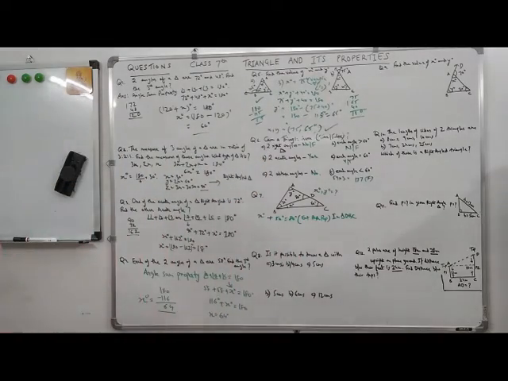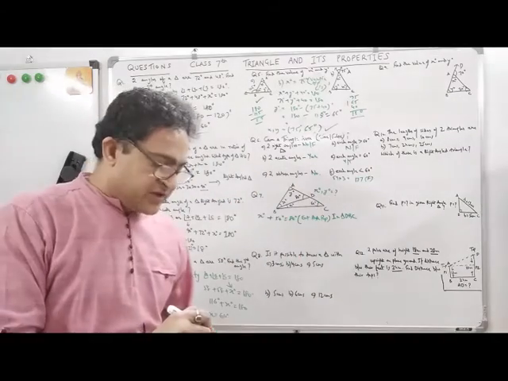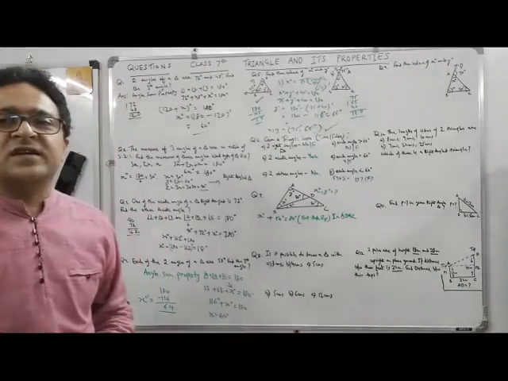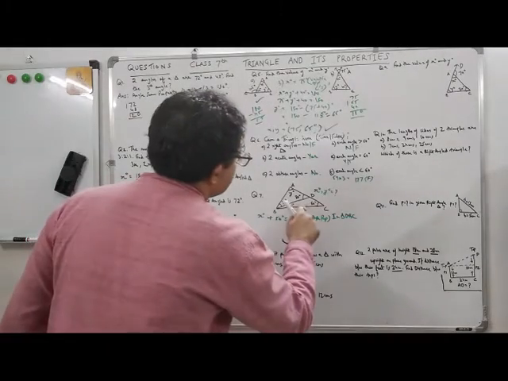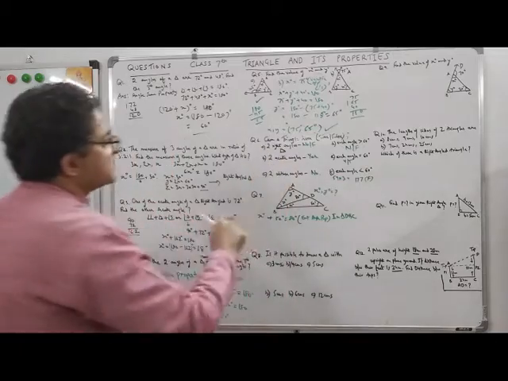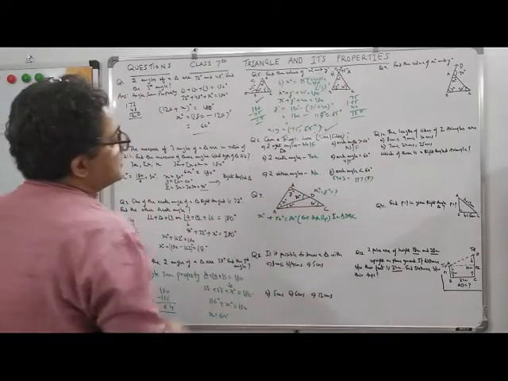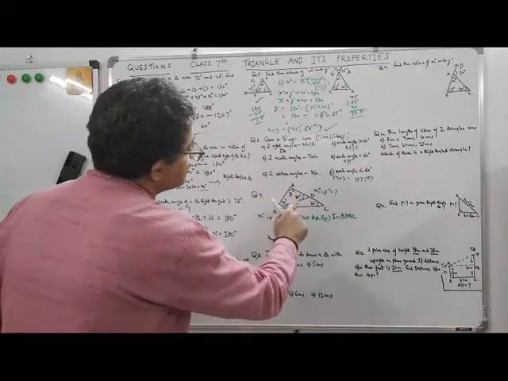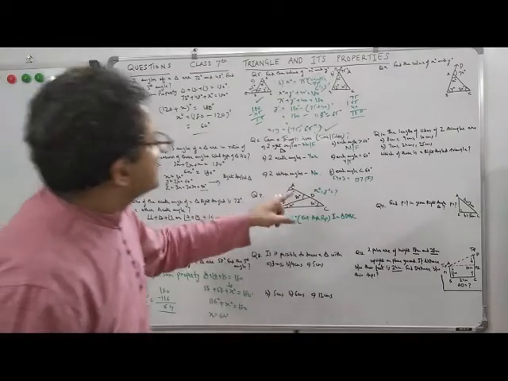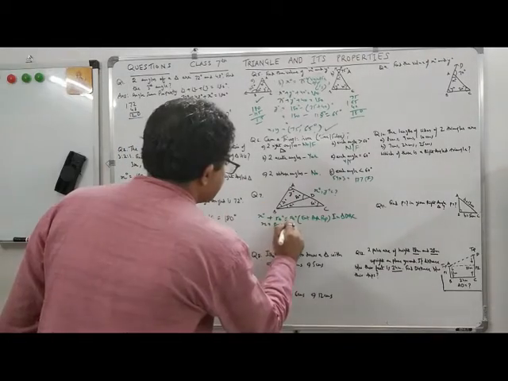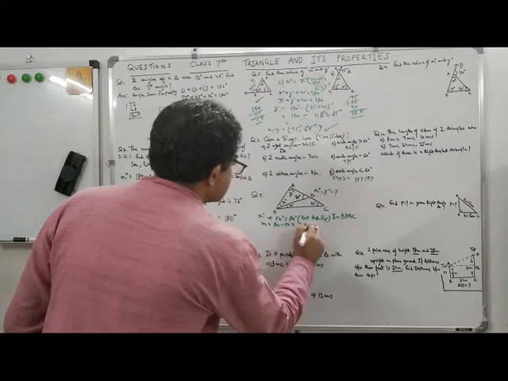What is the exterior angle property? That the exterior angle of a triangle is equal to the sum of the interior opposite angles. Opposite angles of 80 degree are X degree and 50 degree. These are interior angles but opposite. But also we know that 80 degrees is not in the triangle DBC. It is outside the triangle DBC. It's an exterior angle. So minus 50 is equal to 30 degrees.